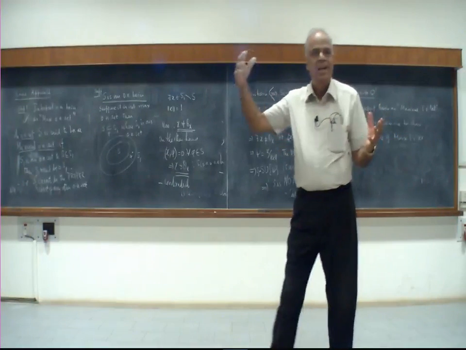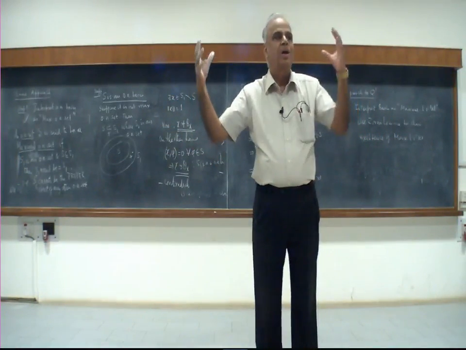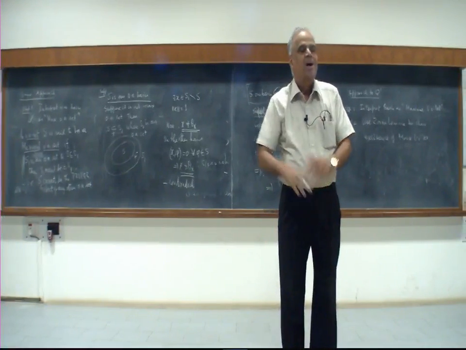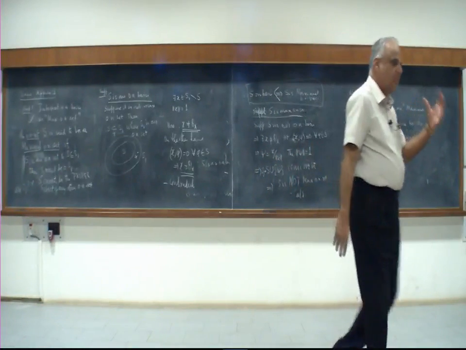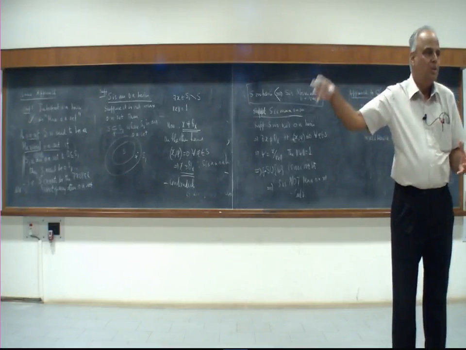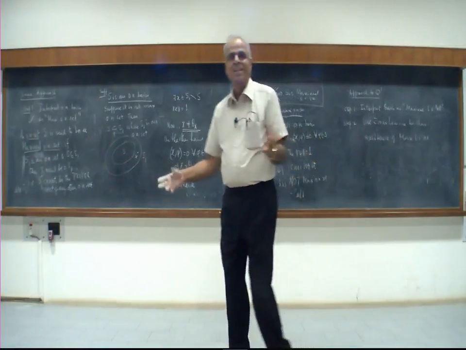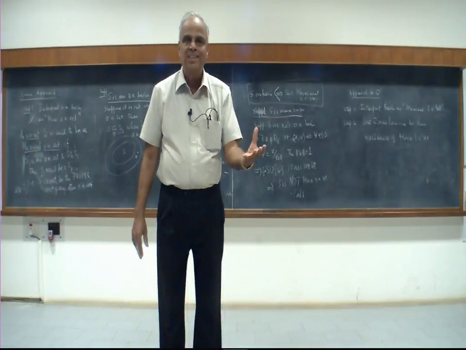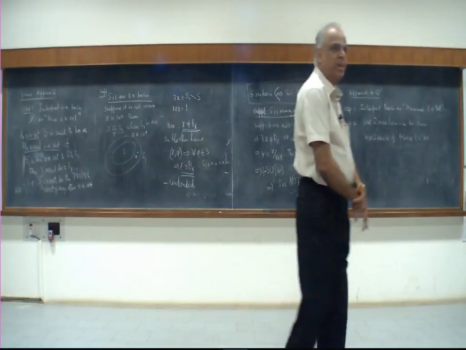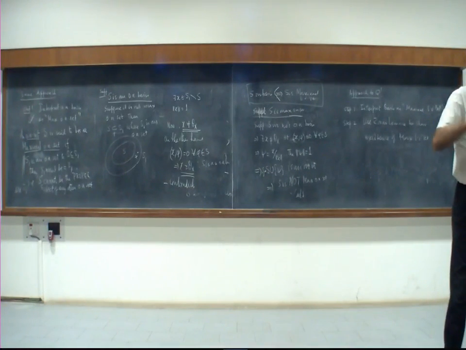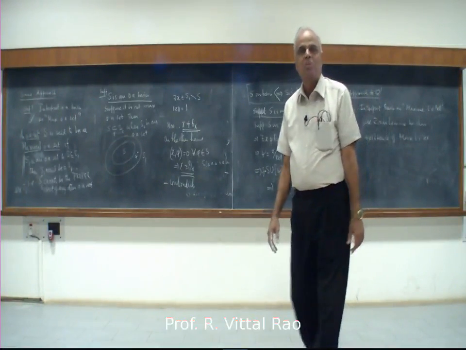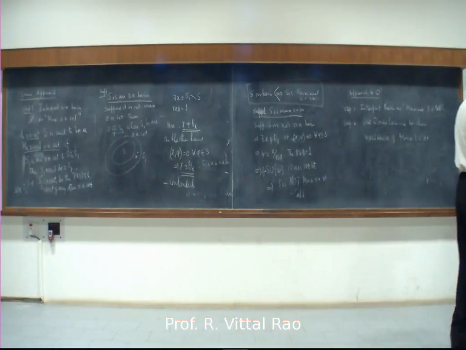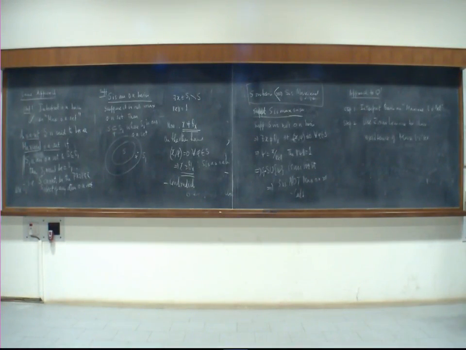If one is finite, all orthonormal bases will be finite and all of them will have the same number. If one of them is infinite, all orthonormal bases will be infinite and all of them will be equivalent sets. If one of them is countably infinite, all orthonormal bases will be countably infinite. If one of the bases is uncountably infinite and has the cardinality of the real numbers, then all of them will be uncountably infinite, with the same real number cardinality. So depending on what sized orthonormal basis we have, the structure of the Hilbert spaces or the inner product spaces changes. So what I will do next time is use Zorn's lemma, show the existence of this orthonormal basis,